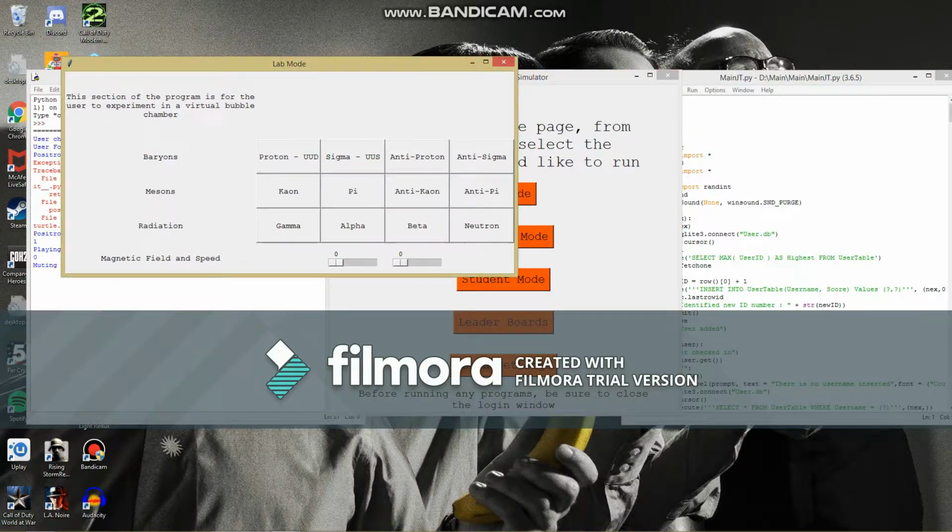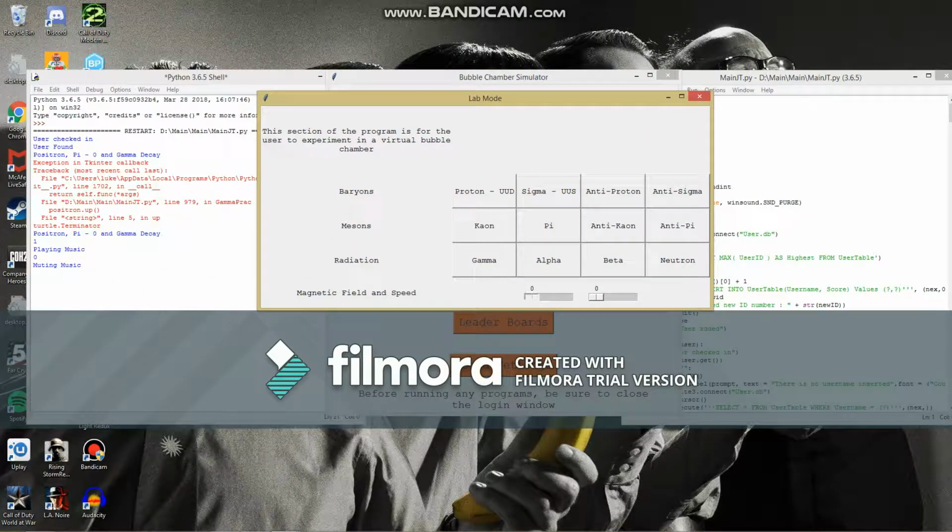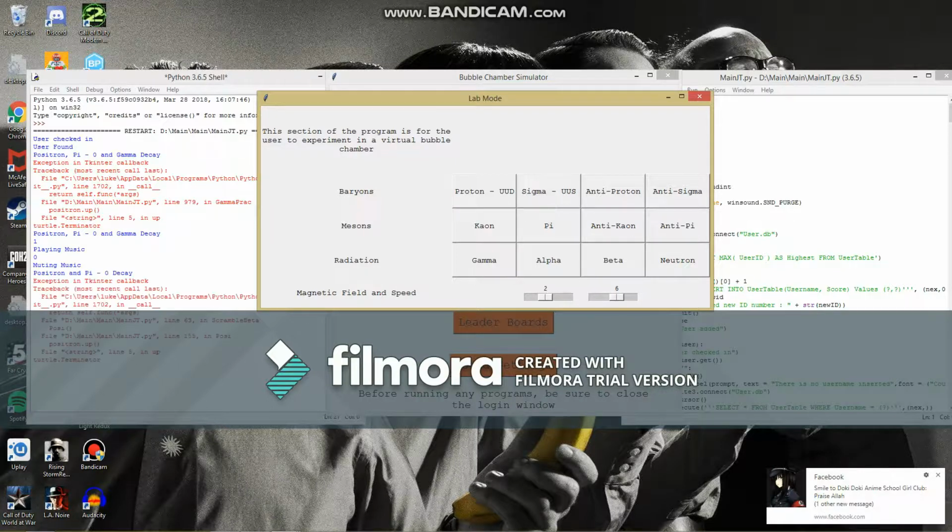This lab mode basically works by changing the magnetic field and the speed exerted on the particles to change the patterns you'll get from them. So the two sliders down here demonstrate that. So if you just go and click on any particle here,